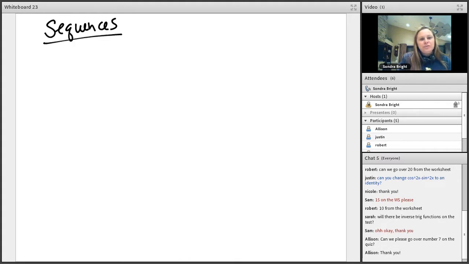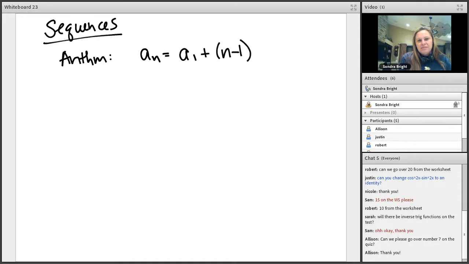I know this is an Algebra 2 topic, but these should be give-me points, right? If it's an arithmetic sequence, how you find the general term is the first term plus n minus 1 times the common difference. Remember, arithmetic means that you're adding the same number to get to the next guy. This is what we call the explicit form. If we ask you for the recursive form, you have to identify, so that's explicit. Okay, then for the recursive,